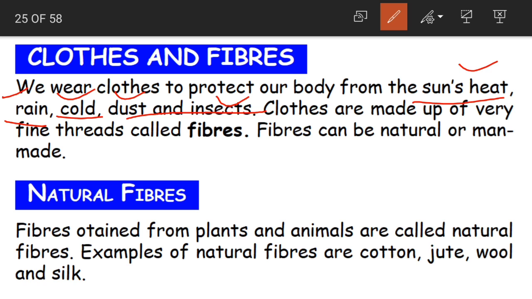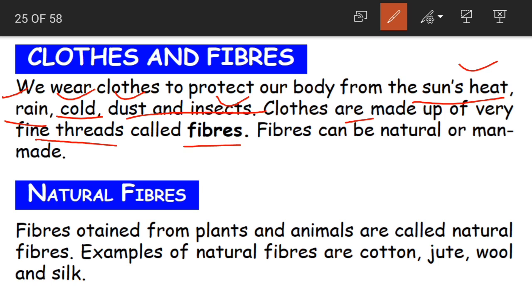And clothes are made up of very fine threads called fibers. How is a cloth made? Cloth is made of thread. Okay, children, and that thread is nothing but fibers. For cotton clothes, one type of fiber; for silk clothes, one type of fiber; for polyester, one type of fiber.